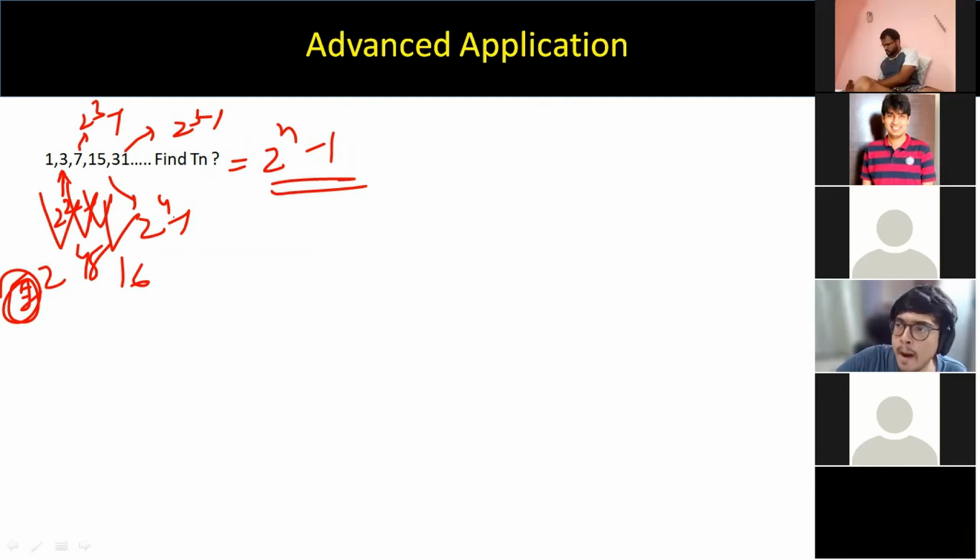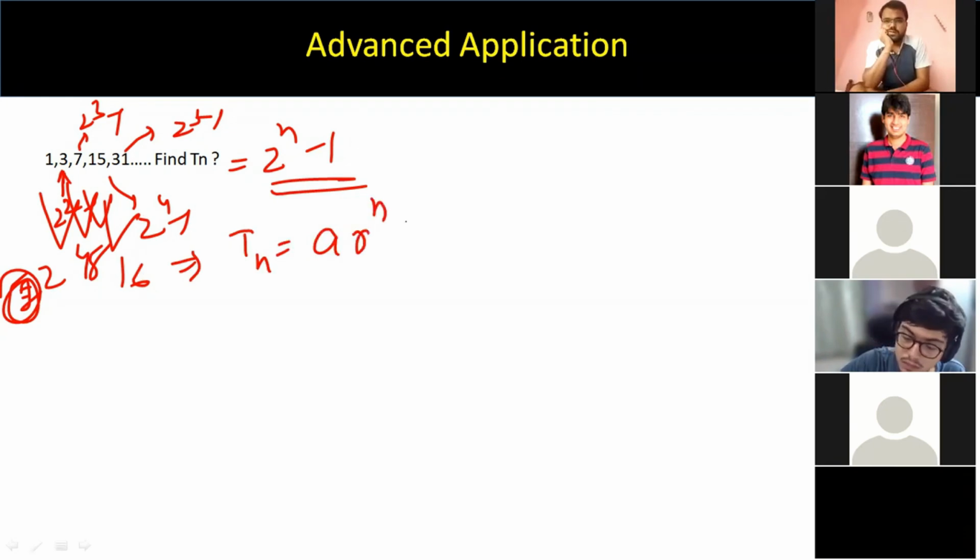So if you try now, you will never be able to find a common difference here, because this is not a linear polynomial function. If a GP is forming in the first difference, then you can note this. Then the general term, the general term of a GP, is a into r to the power n